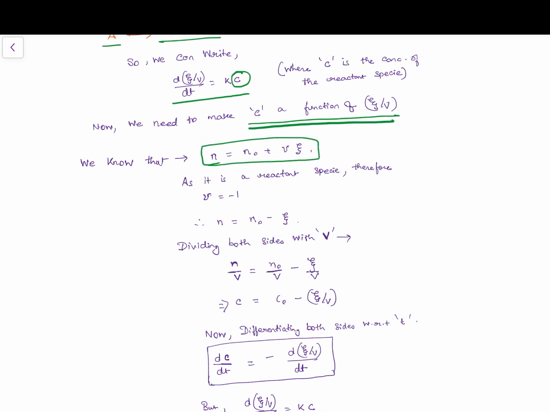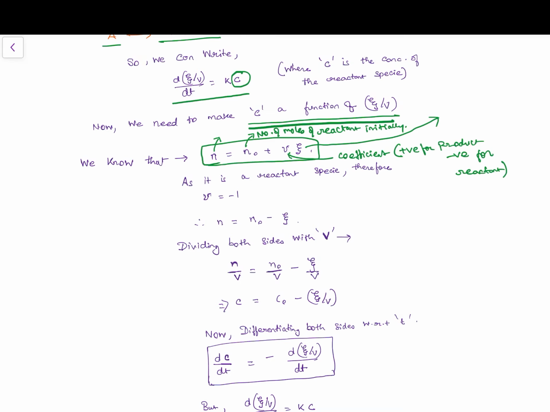This we have done in the first video, in which n is the concentration or the number of moles, in this case number of moles of reactants at a certain time. n0 is the number of moles of reactant initially. mu is the coefficient, positive for product, negative for reactant, and this is the